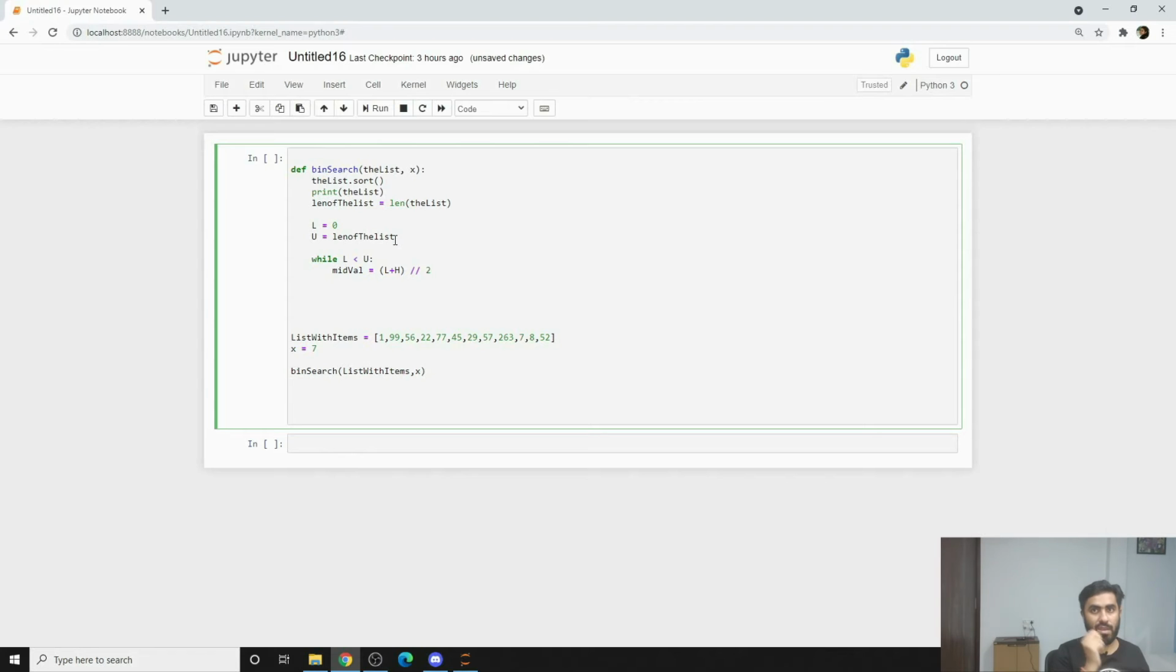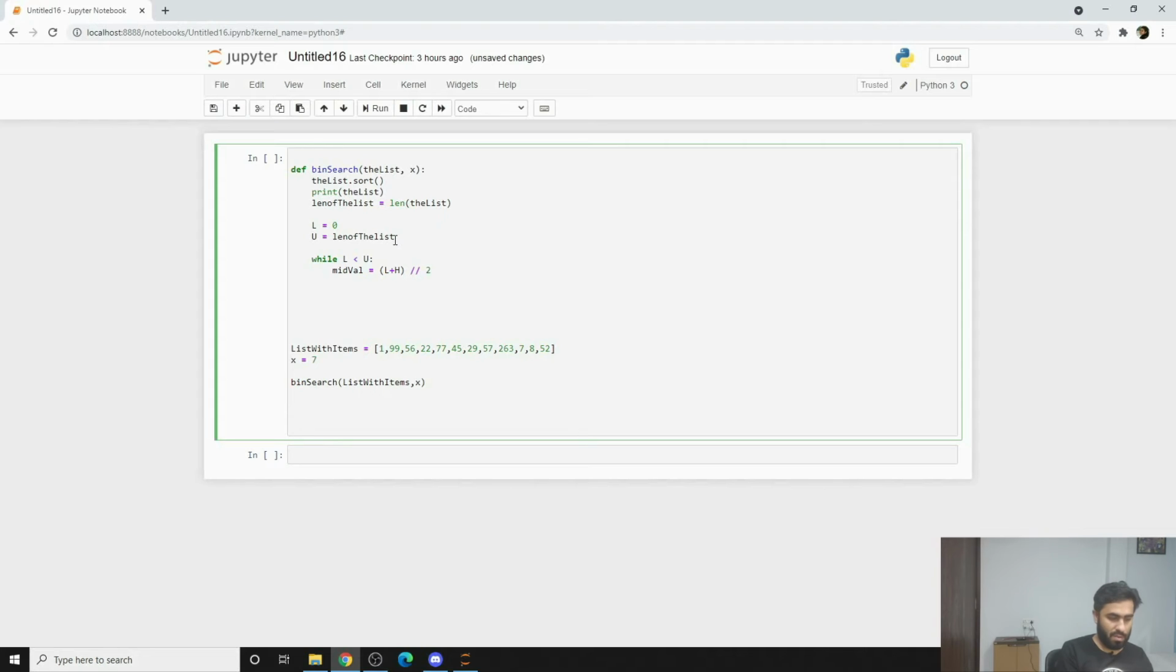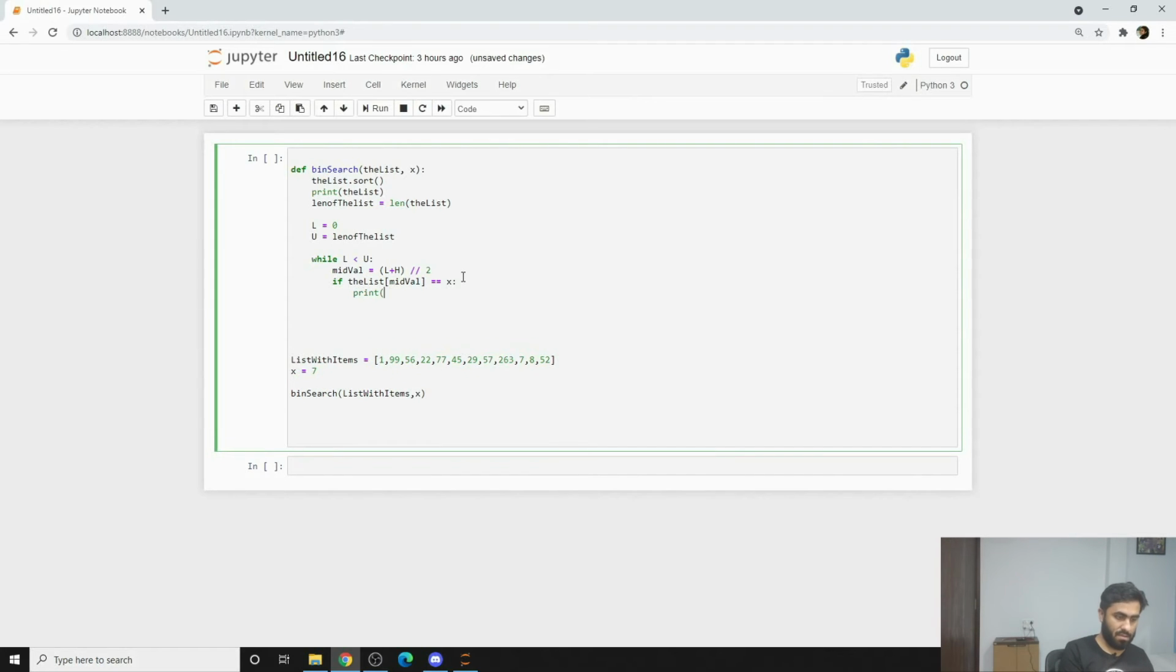An integer can only tell me where exactly I sit when it comes to the middle point. Now what we will do is we'll say if the list middle point equals x, then print the value is found to be on index. So now what we are saying is that the moment the middle point happens to be the number